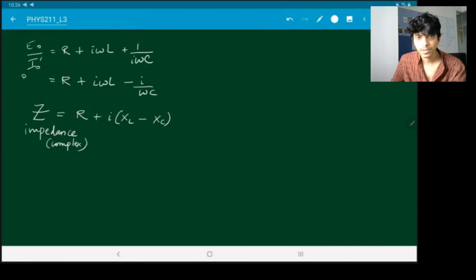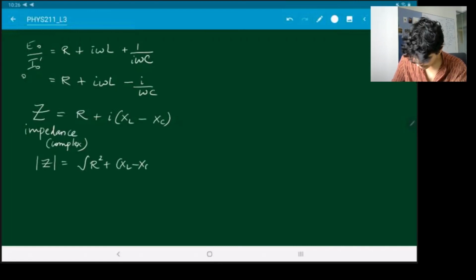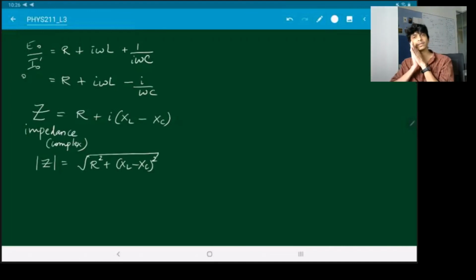So what is physically relevant is the magnitude of this number Z, and this is given by the square root of R squared plus (XL minus XC) the whole squared. So in general, if you have a circuit which contains resistors, inductors and capacitors, then this is how you calculate the overall resistance of this circuit. Okay, now